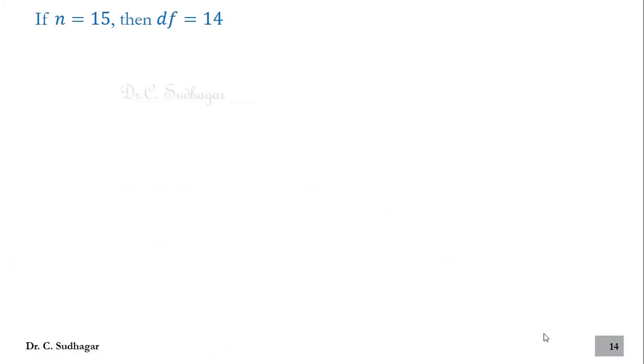First let us take a T table. A sample value is, let us take n equal to 15, that is the size of the sample is 15. Once you have the size of the sample, then you have to find the parameter called degrees of freedom. For a t-test, the degrees of freedom is n minus 1. That is 15 minus 1, 14 is the degrees of freedom.